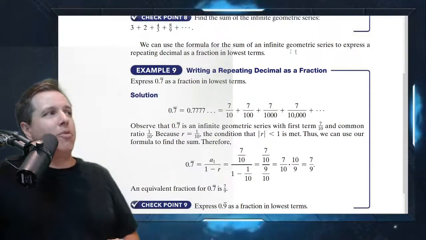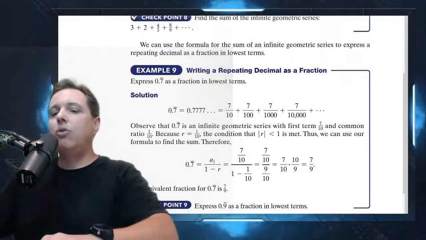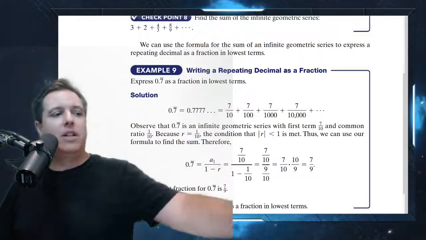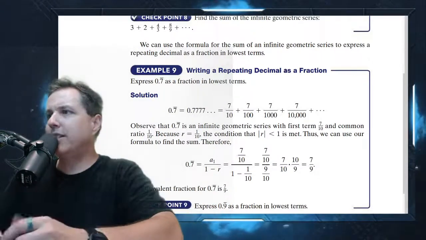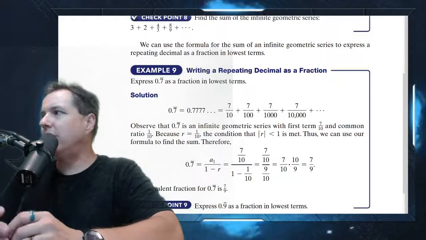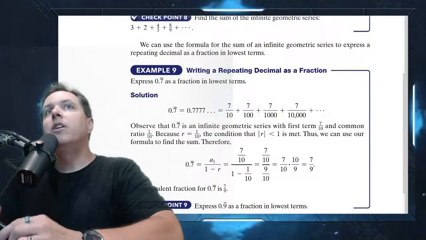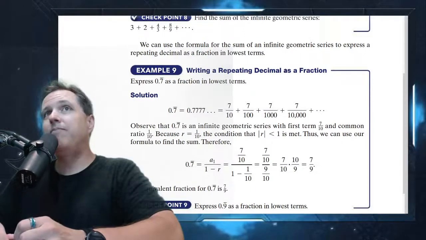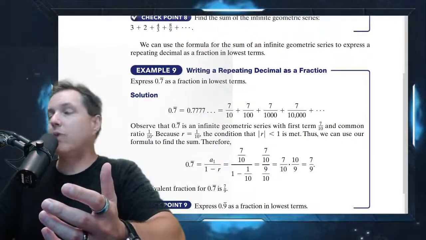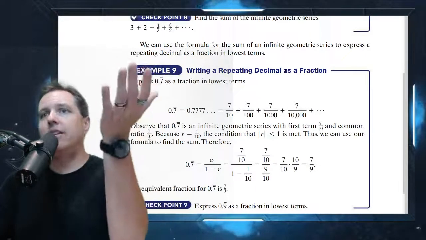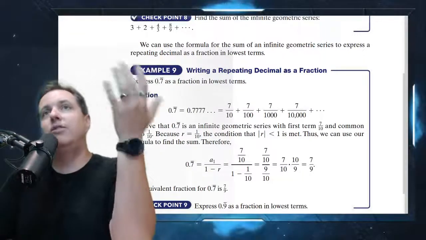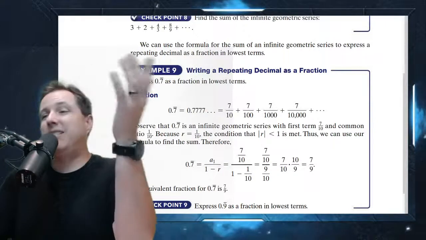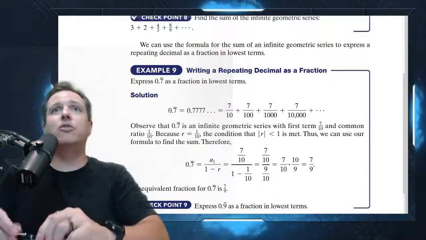You can do an interesting problem here. This comes up occasionally. What if you have a repeating decimal? As you go further in math, you're going to realize that a lot of people like decimals because they look really scientific and they look really fancy. But decimals are oftentimes a pain to deal with because you get this inexactness, you get this rounding, right? Those of you doing computer science, you're going to learn, with floating points, you get these rounding errors and stuff like that. So sometimes it's just better to deal with things in fractional form.